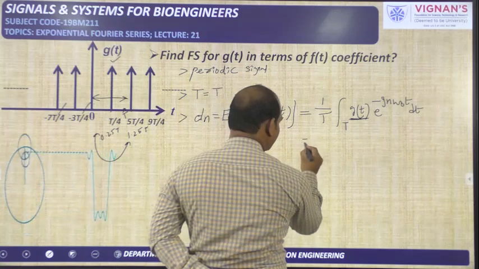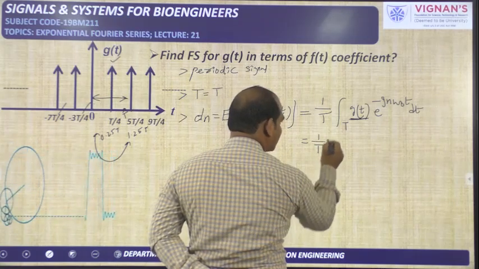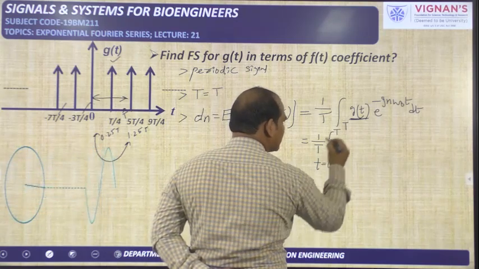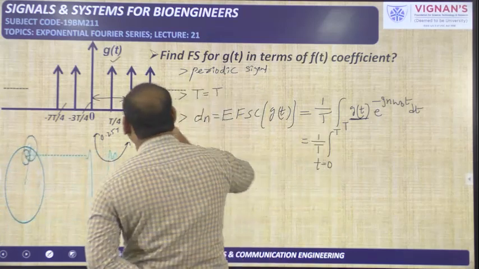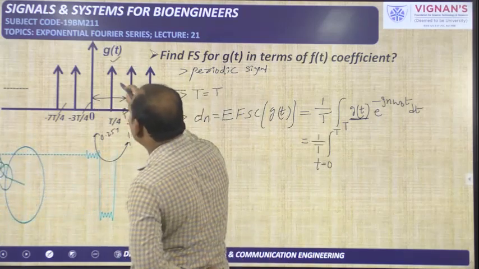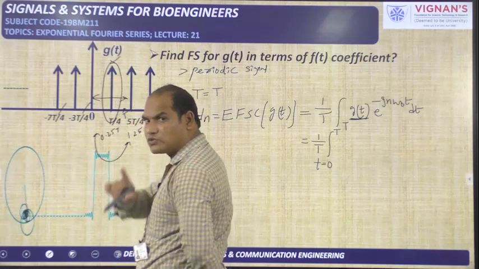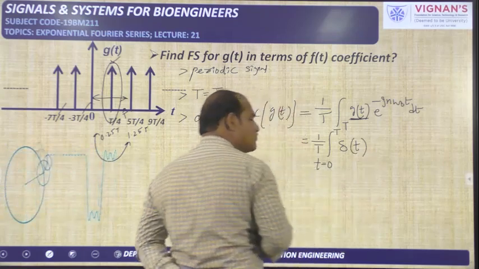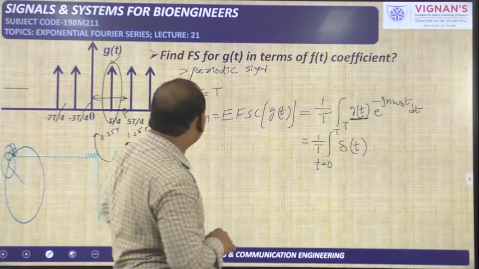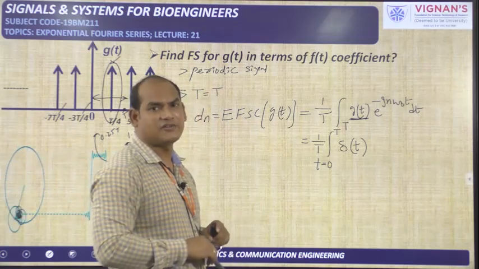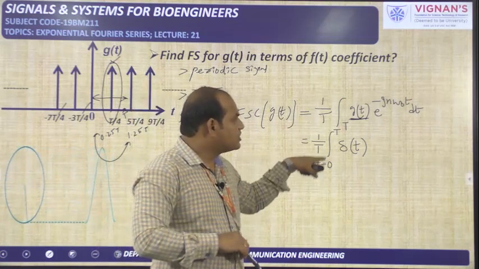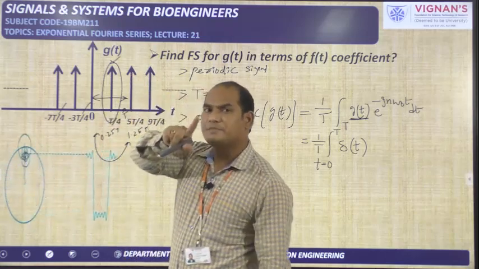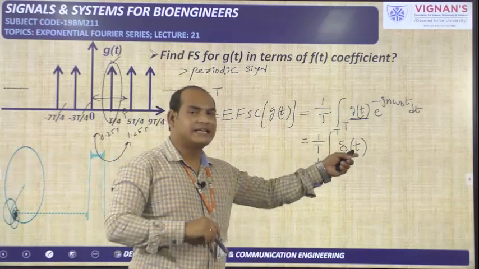So it is equal to 1 by the time period of g of t, and integration t is from 0 to T. I have selected these limits and g of t. Within these two limits, what is g of t? From 0 to T only, g of t is equal to only this particular impulse, only one impulse. So it has to be written as del of t only, not del T of t. Don't confuse between del of t and del T of t. Overall the signal looks like an impulse train del T of t, but I am doing the integration from 0 to capital T only. So from 0 to capital T, how many impulses are there? Only one impulse is there. That's why from 0 to T I have written del of t.